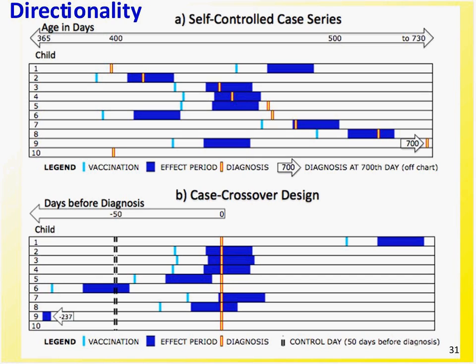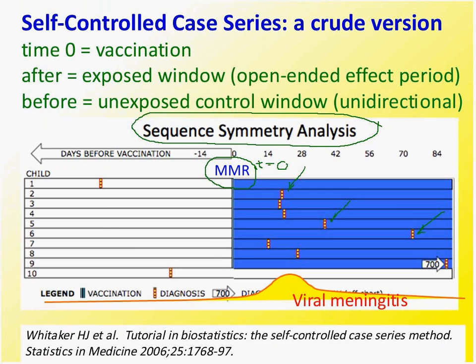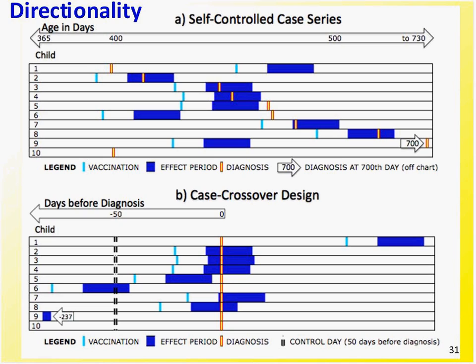I'm going to go slower here because this is perhaps one of the main take-home ideas. It's got a lot of ideas packed into here, actually. These are two pictures of the same data from the online tutorial on self-controlled case series, and it's vaccine data. It's the measles, mumps, and rubella example. In fact, it's the same data as these ones here. So each of these diagrams is the exact same data from 10 children,